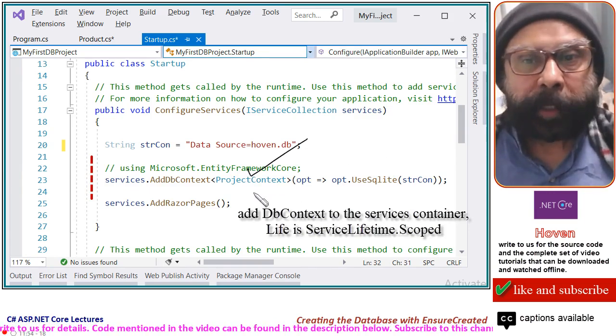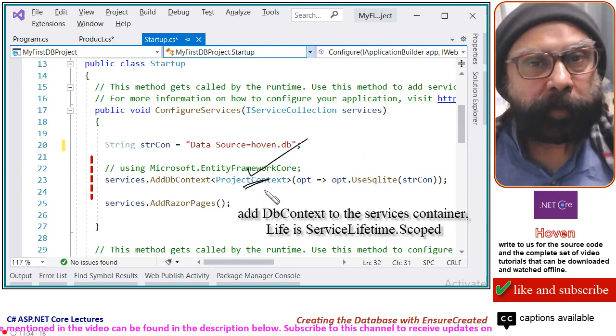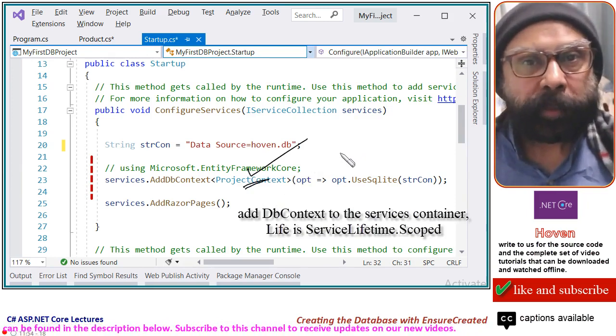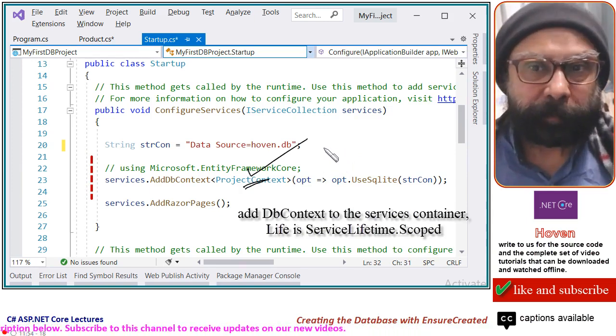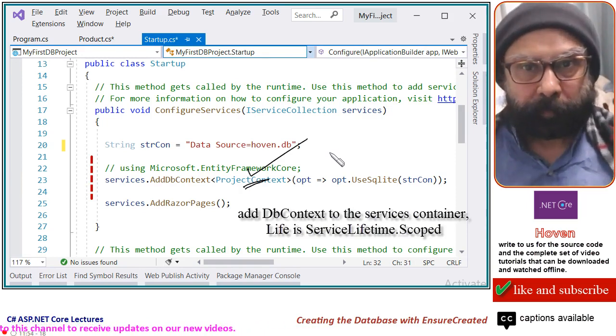Let us now try to open a connection for this. We will open that connection to create a database for us. But that is not the way you will always do it. That is just a temporary way of creating a database. Let me show you that also.